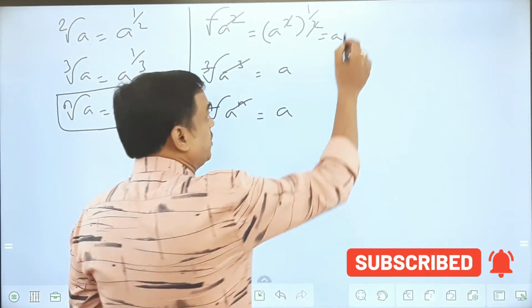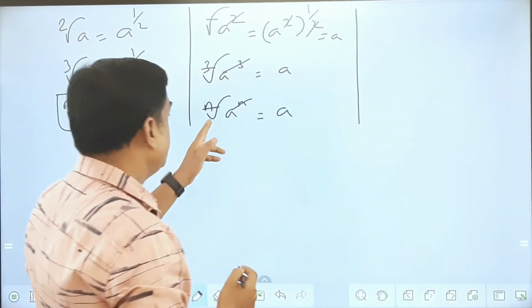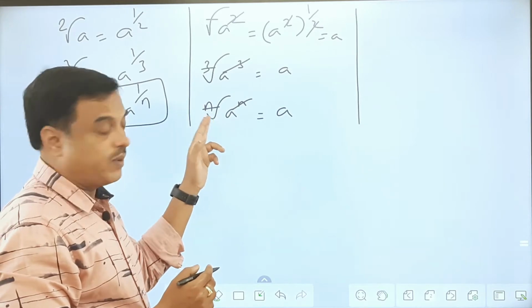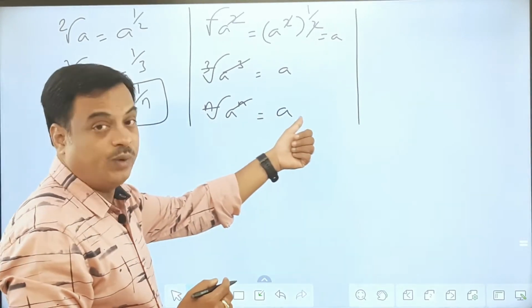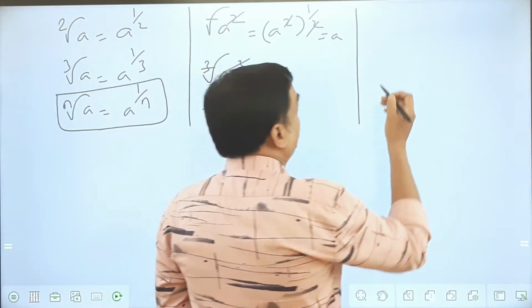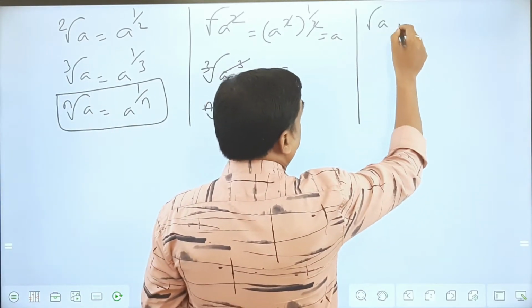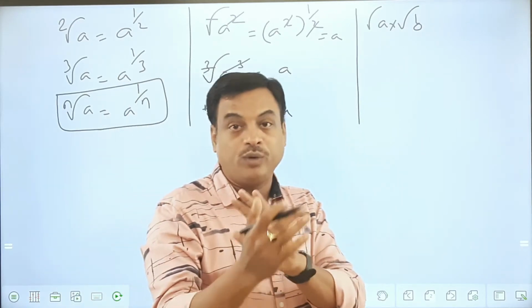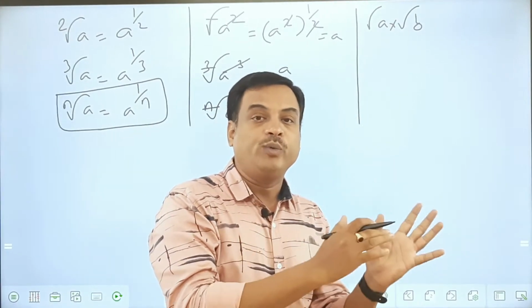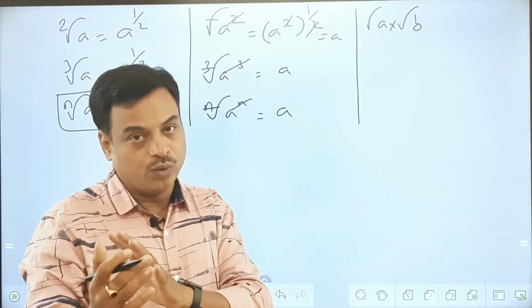Next, if you observe here, the nth root of the square root of the nth root, we can cancel when the power is n, and the result will be a. Next one, after that, when you multiply a square root with a square root, you cannot multiply a square root with a cube root directly. You cannot multiply a cube root with any other order root directly.